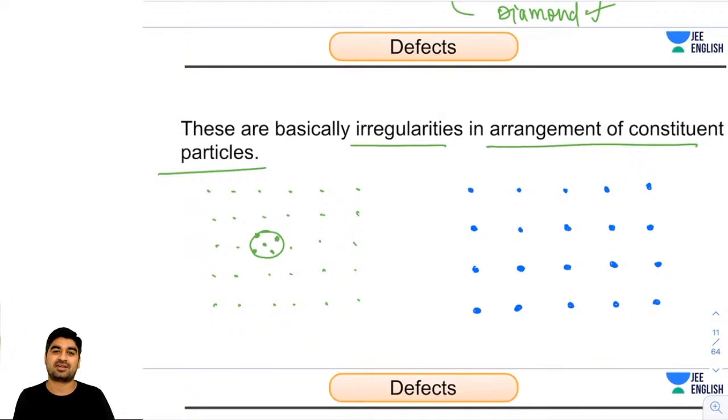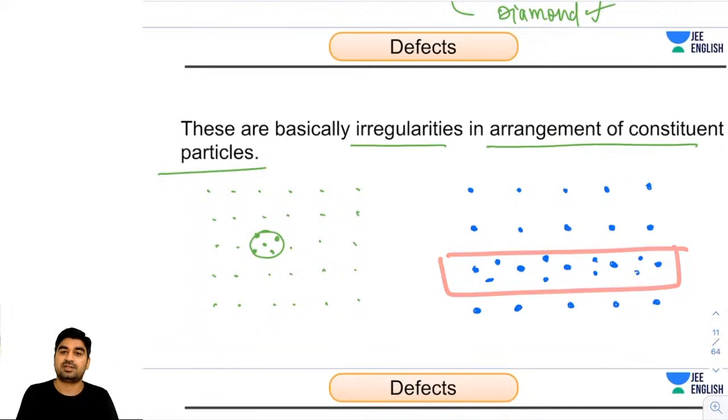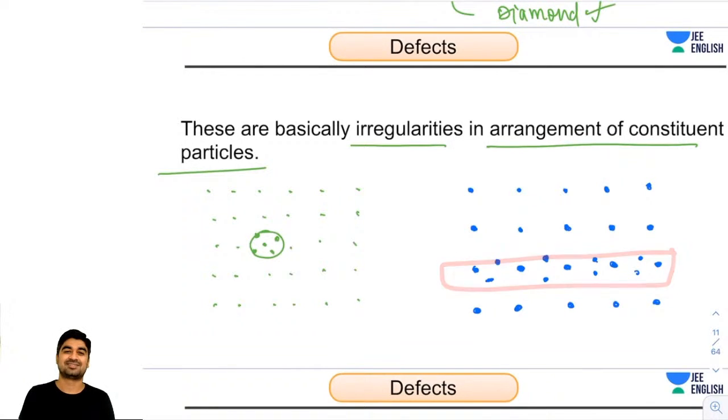Yes, guys, this is a perfect crystal. Now there are some irregularities or deviations. What kind of deviations? Suppose here I'm getting these deviations, right? So guys, as you can observe here, there are deviations along this line. So this defect I will call a point defect